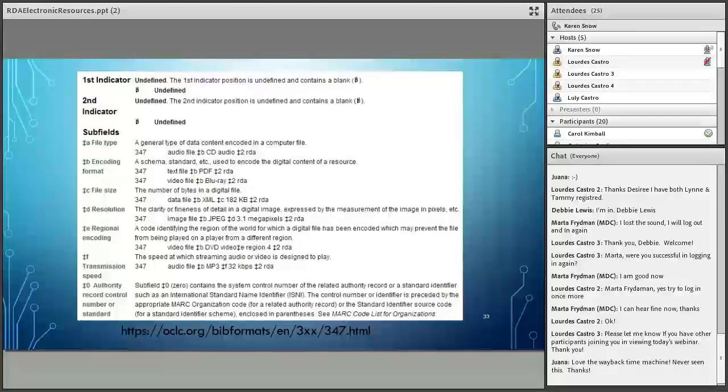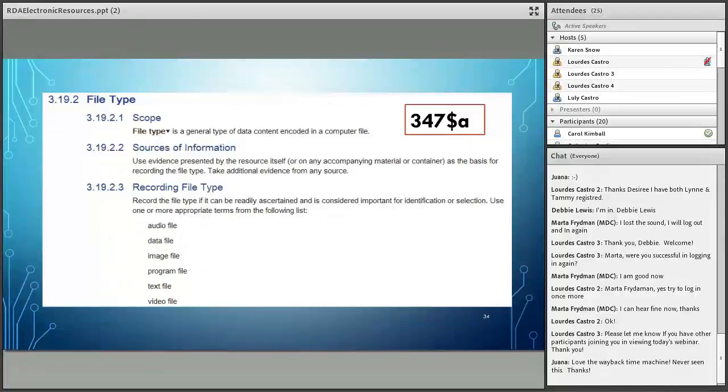So subfield A, we have data file, subfield B, XML, subfield C, 182 kilobytes, and so on and so forth. So you just want to kind of put that all in a string using the controlled terms that are specified, if they are specified in RDA. And then if you do use the terms that are used in RDA, then you put that subfield 2 RDA at the end. So let's start from the top.